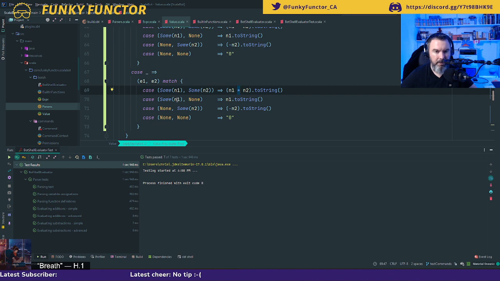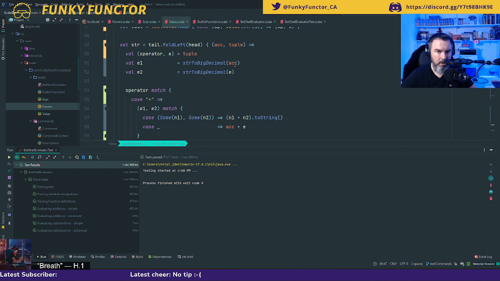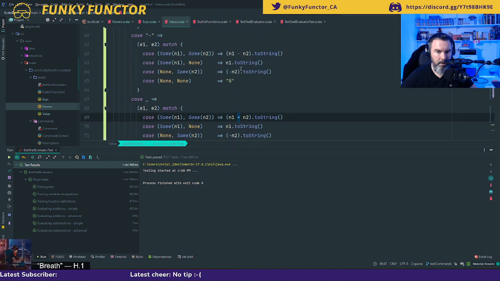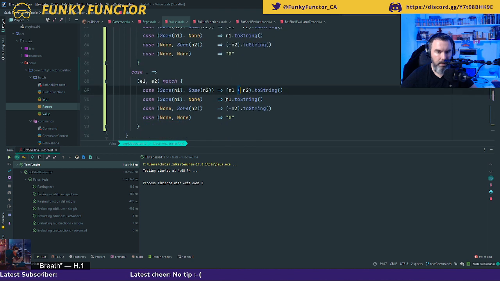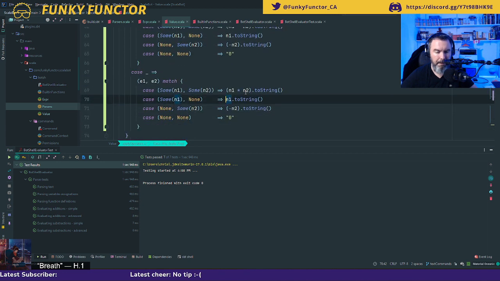Then I have a number and a string. And probably I can change this. E1 is ACC, E2 is E. So this one really is E1. God, I'm getting tired now.